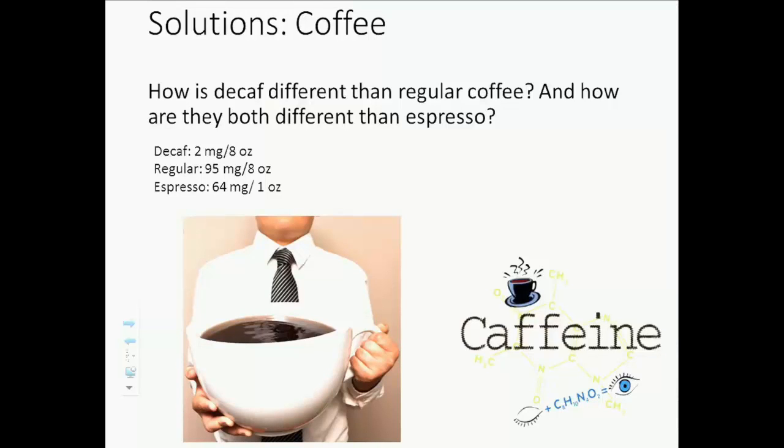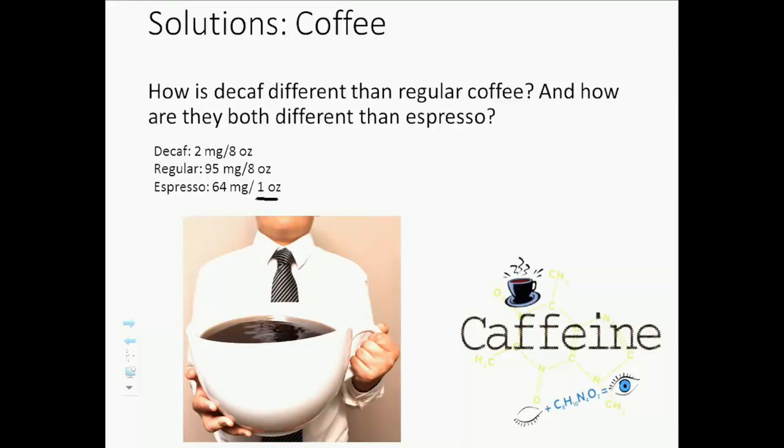So you notice with those two, your regular has, what is that? It looks like 47, something like that, times more caffeine than decaf does, so a lot higher concentration. But when you switch to espresso then, how come it's in between? You've got 64 milligrams. That's in the middle of 2 and 95. So how come we say espresso, it has a lot more caffeine in it? Well, if you do the math, notice